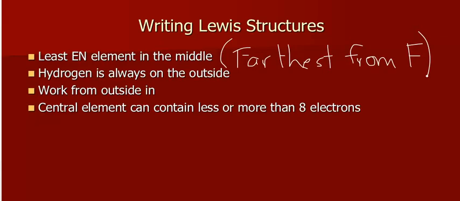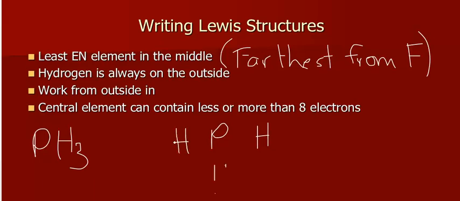I always work from the outside in, and that's because the central elements can have less or more than 8 electrons. But the outside elements have to have 8. So I work from the outside in. Let me give you a couple examples. I'll do PH3 first. When you're drawing the structure, first thing you need to get are the order of atoms. P is going to be in the middle because hydrogen cannot be in the middle. And so when we write the Lewis structure for PH3,